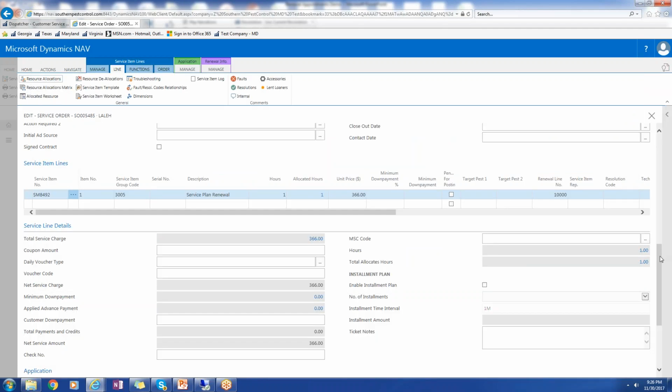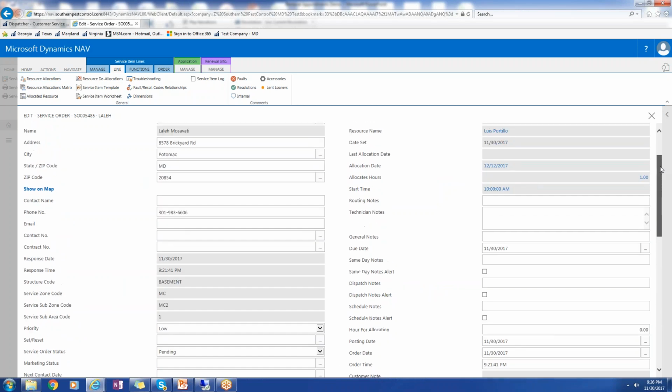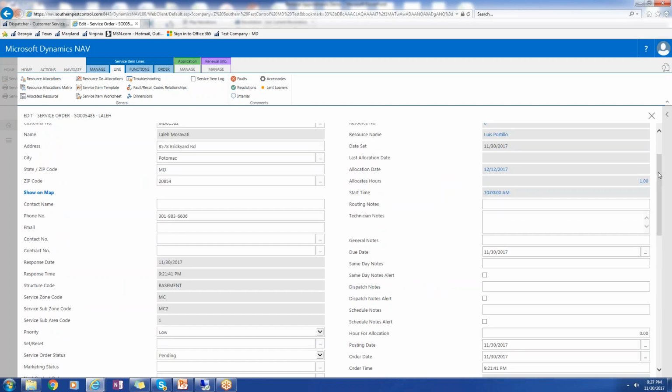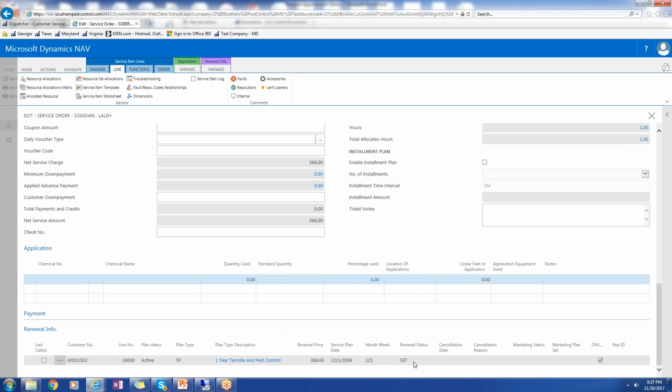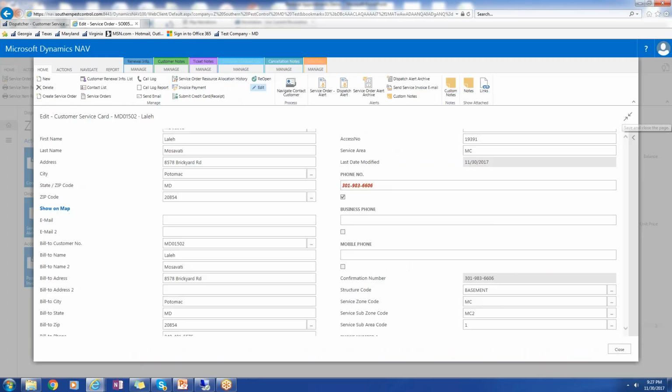All right, let's scroll up real quick. Just make sure the appointment information is in here, which it is. Now let's go look. See the renewal status, it was pending. Now it's changed to set. So we know the renewal is set. We know where it is in the renewal process. So if we go back to